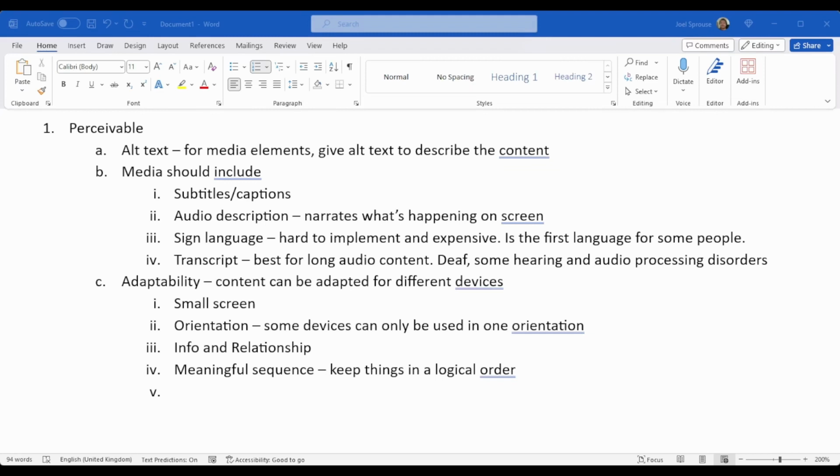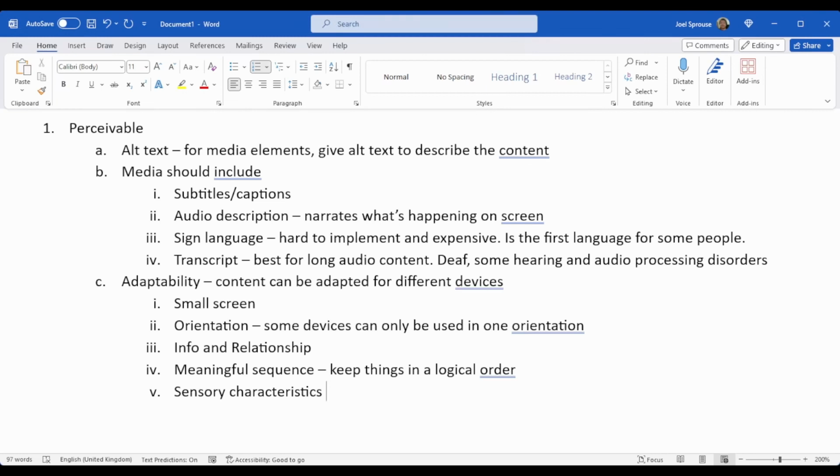The other thing that I missed, I'll go into less detail for all the others. For adaptations is sensory characteristics, which basically means that the content, instructions shouldn't rely solely on anything sensory.